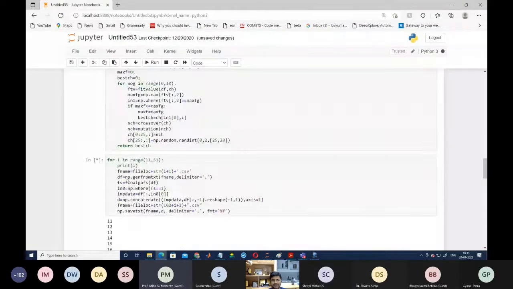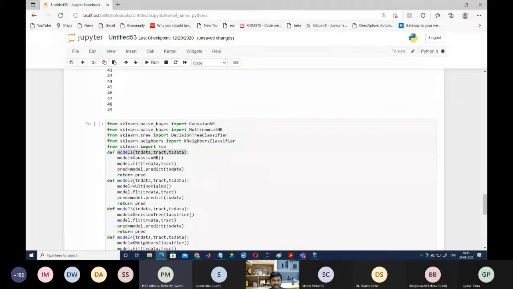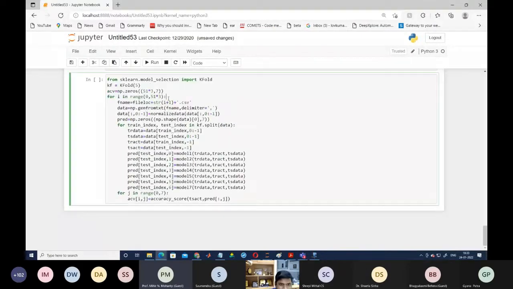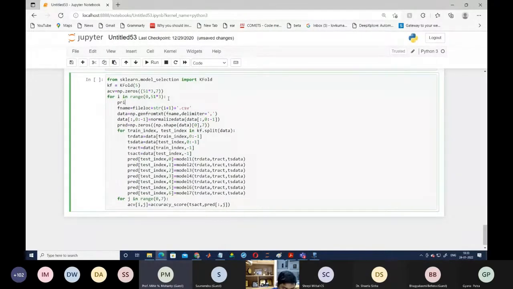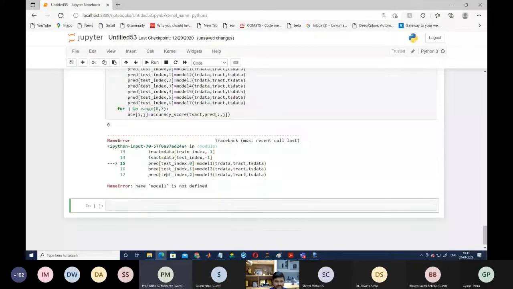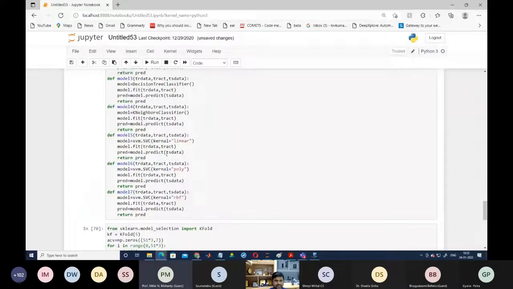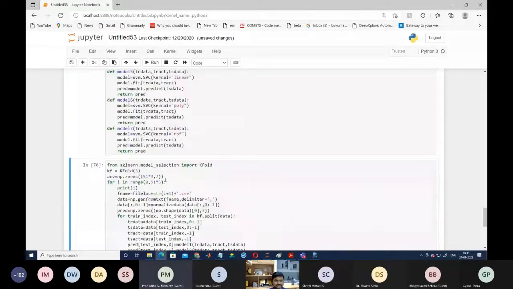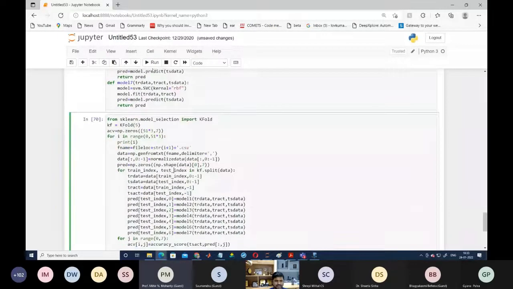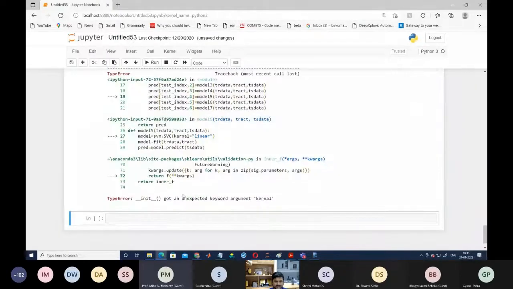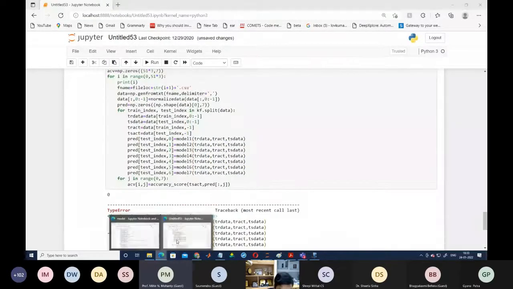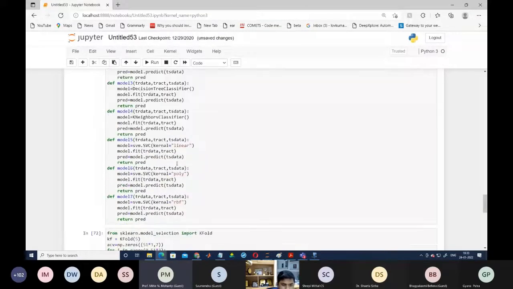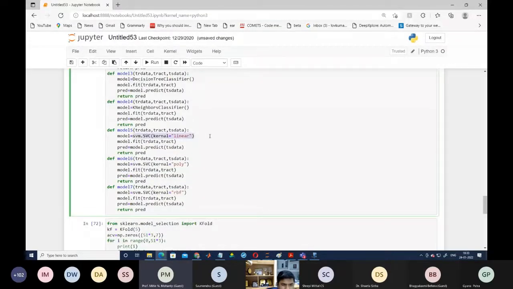You can see 48 is already completed. Again, I am also going to write here print i so that we can also check the status. And once it completes that one, it also says model 1 is not defined. We have to execute this one, that is the model 1. Now we have to execute. And so, kernel equal to linear kernel. We are going to write this one.